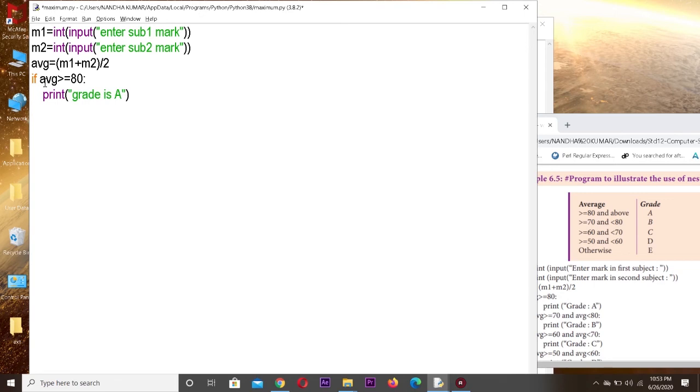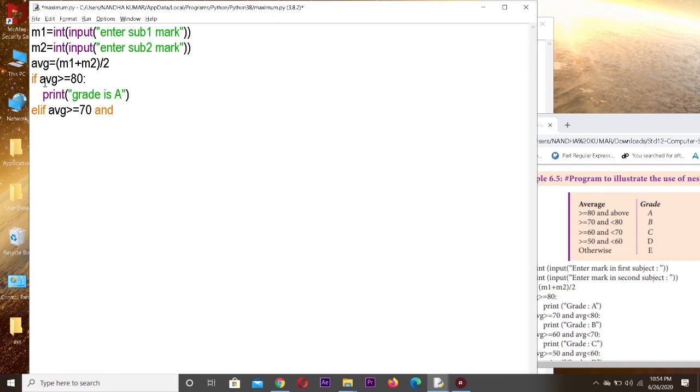Okay, suppose if it is not greater than 80, next we want to check one more condition, elif. So elif, it should be lying between 70 and 80. So I can write it as elif AVG greater than or equal to 70 and, that is logical. We are checking for 2 conditions.